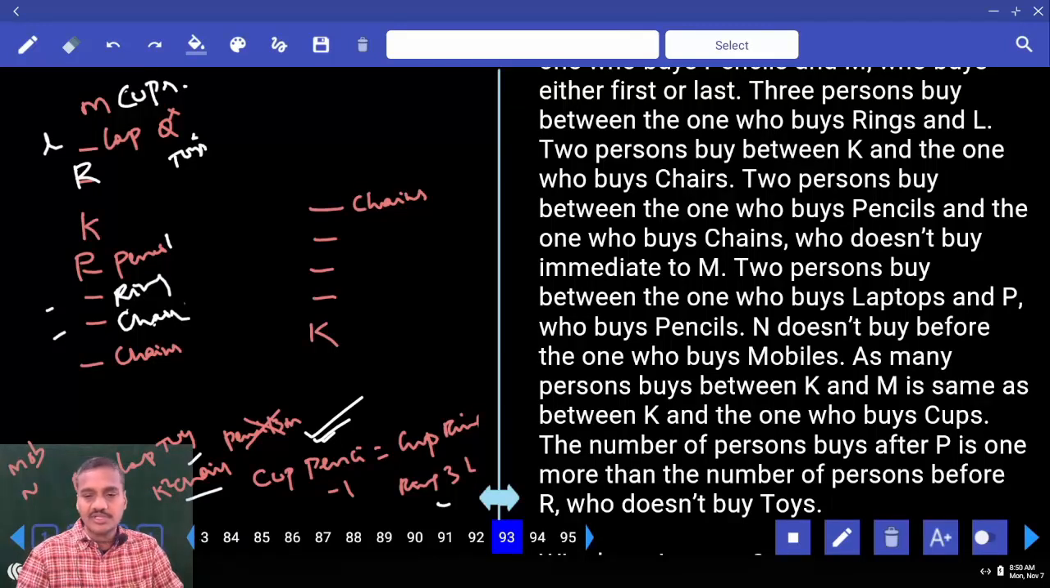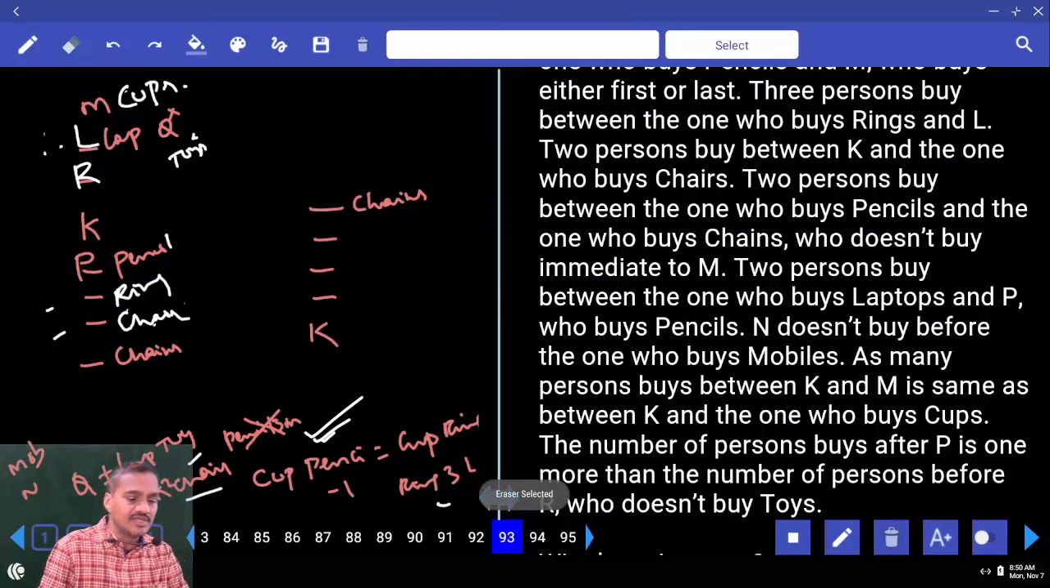L ekkada ravali cheppandi? 3 persons between ring and L. L must be here. L aithe fix ayipoyindi. If L is here, then N is after these mobiles. Hence N can be at any one of these places. N is after this mobile. Then